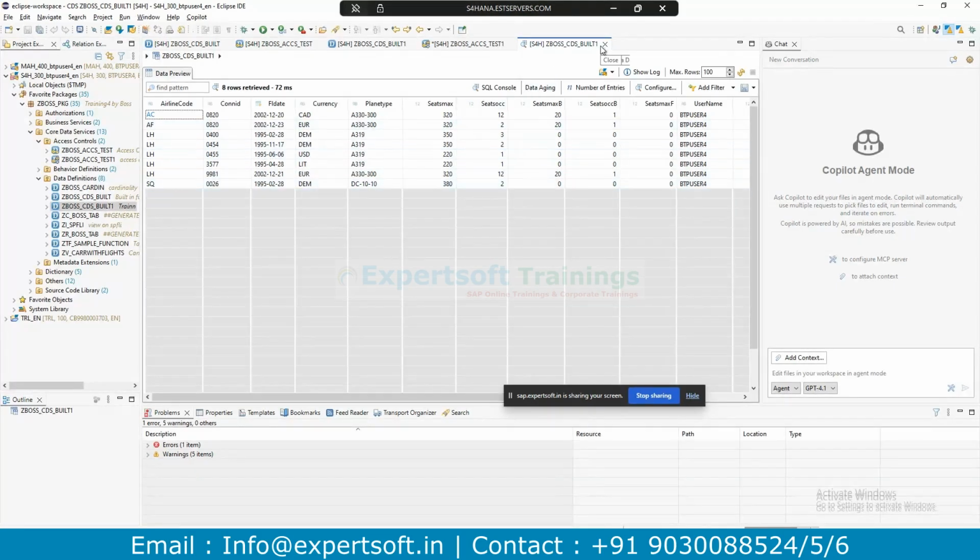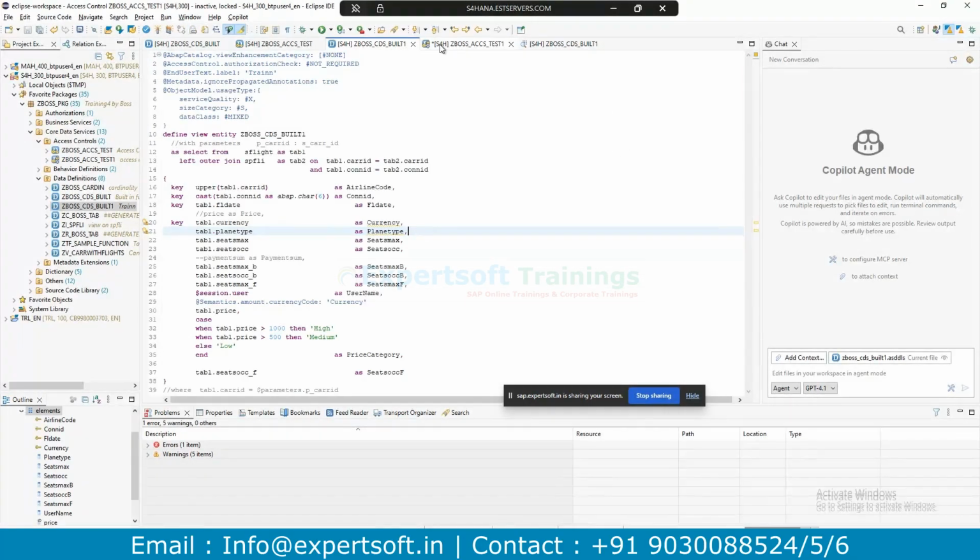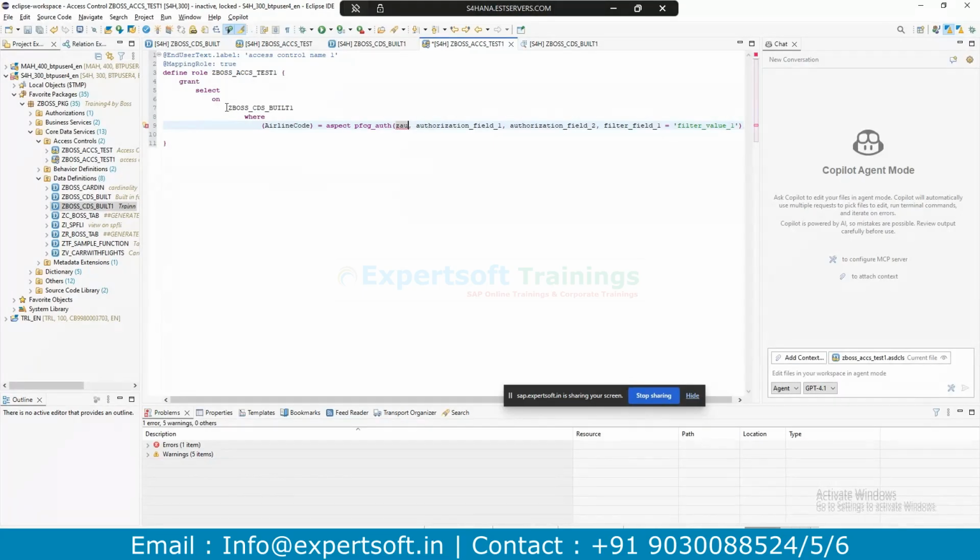Correct. So let's keep this as it is, and now on top of this CDS view I'm creating the access control. See, how do I define it? Select on this one. This is the one where we interact with the CDS view. And the where clause is on top of which field to add it, that is the airline code, and the PFCG syntax is generated automatically.